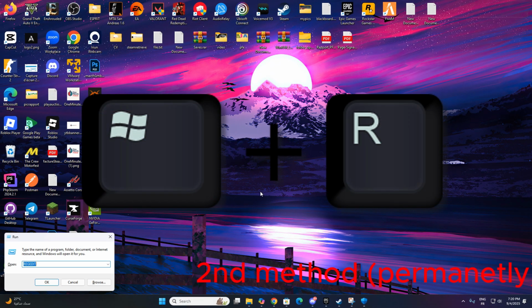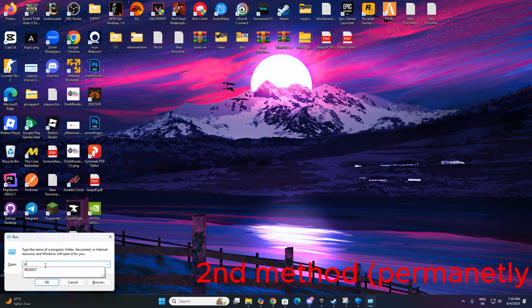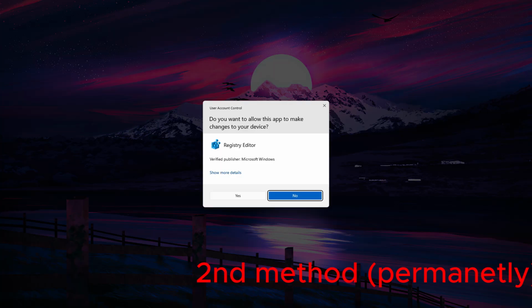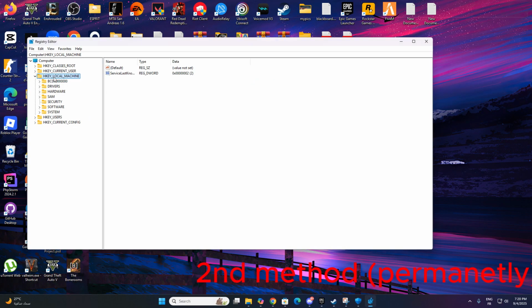The second method is to permanently disable it using the registry editor. Be careful with this step. Follow exactly. Open the search bar, type Run, and open it. In Run, type regedit and press Enter. Click Yes if prompted. In the registry editor, expand